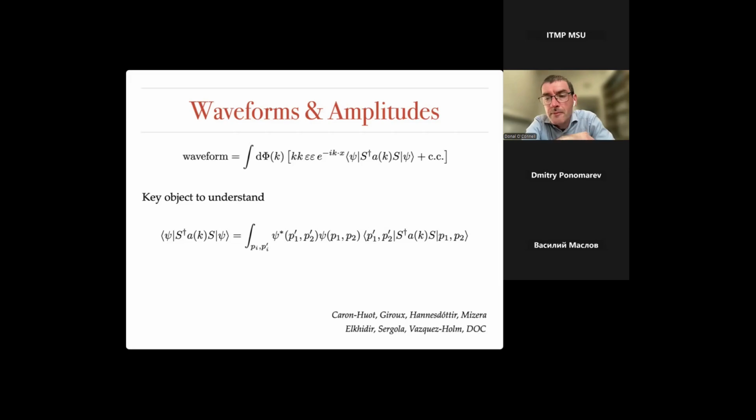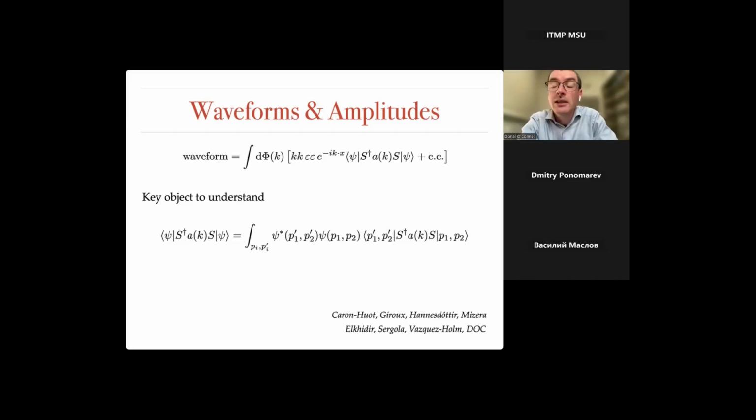And physically, what's the meaning of this divergence? The gravitational wave energy emitted is infinite, or what is it? No. It exponentiates into a phase, and it just corresponds to a divergent shift in the origin of time, of the retarded time. There will be some retarded time u at a detector, and that retarded time u has an additive IR divergence. So you can just absorb it into a time shift, and that's what people do.